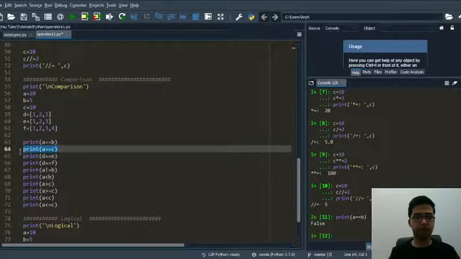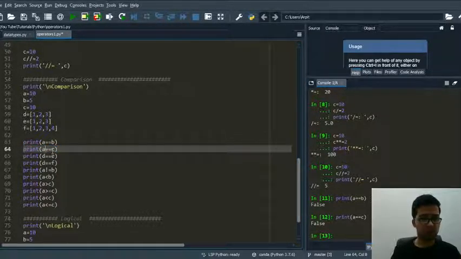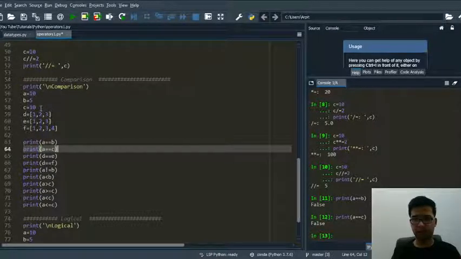And if I run for 10 equals to 10, I think there is some issue. Let us see. I have declared the variable or not.